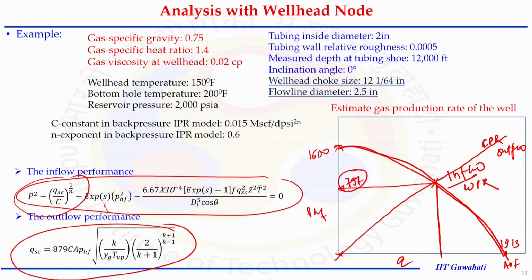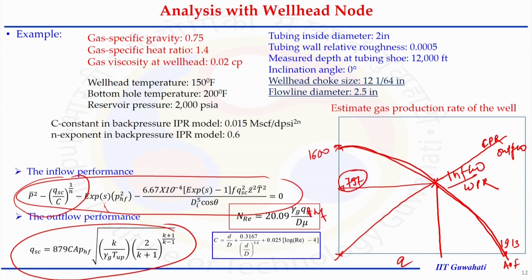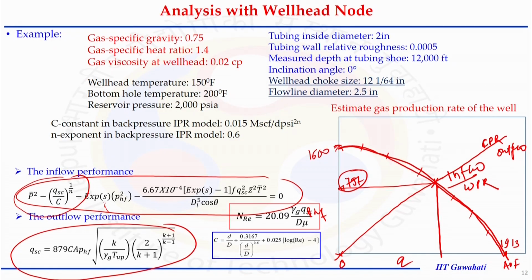Okay. So now we know that with the help of plotting this PHF versus Q relationship, we can calculate the PHF and Q. Now, the complexity comes when we are solving these equations and drawing this curve. It is not easy, because at every point we are going to draw this, we are constructing the inflow and outflow curve. We need to calculate the value of PHF at a particular Q, or Q at a particular PHF. Now, we understand this is 0, this is AOF.